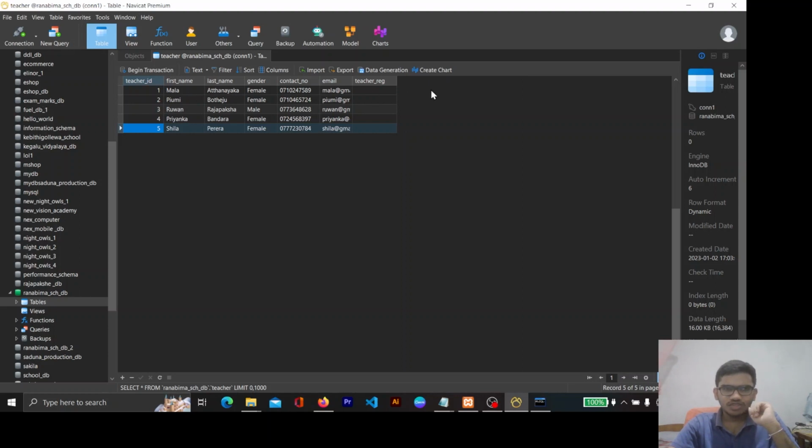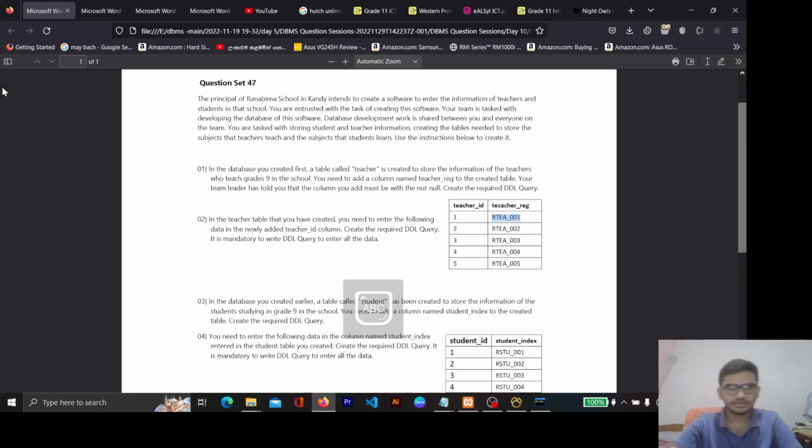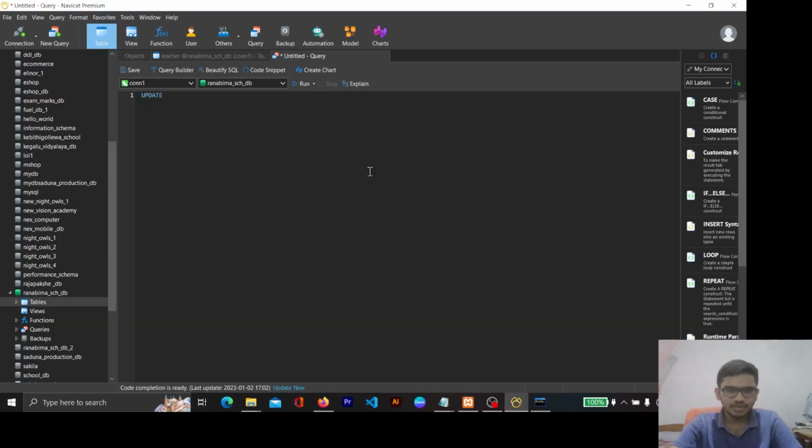If you are writing this for the first time, this should be an insert query, but you already have data in this table, so you need to write an update query for this. So let me write this: the table is teacher, update teacher, set